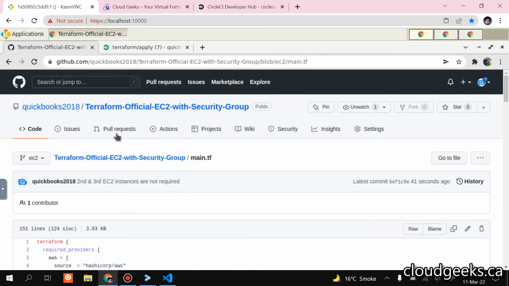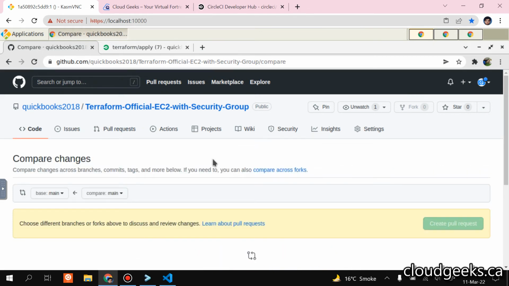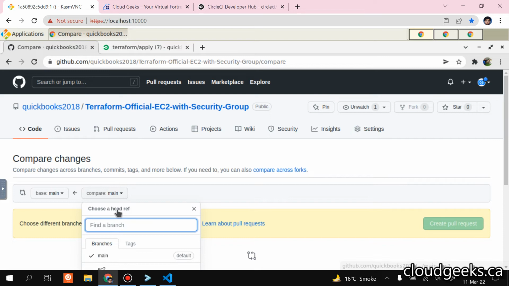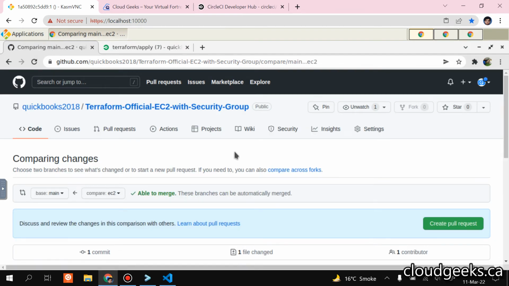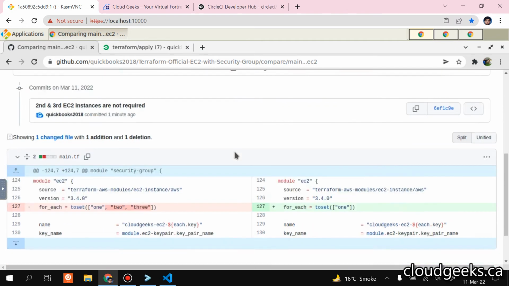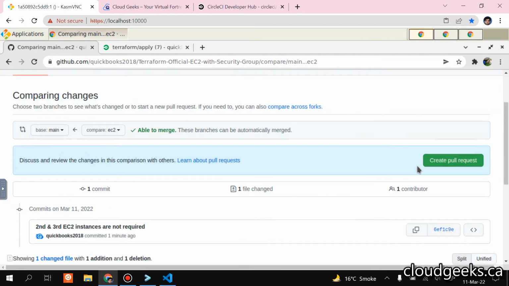So I'm gonna navigate to the new pull request, and I wanna simply select my EC2 branch and compare it with my actual main branch. So we already split it up. You see, previously we had one, two, three. These two are removed, and we have only the one EC2 instance we want in our infrastructure,